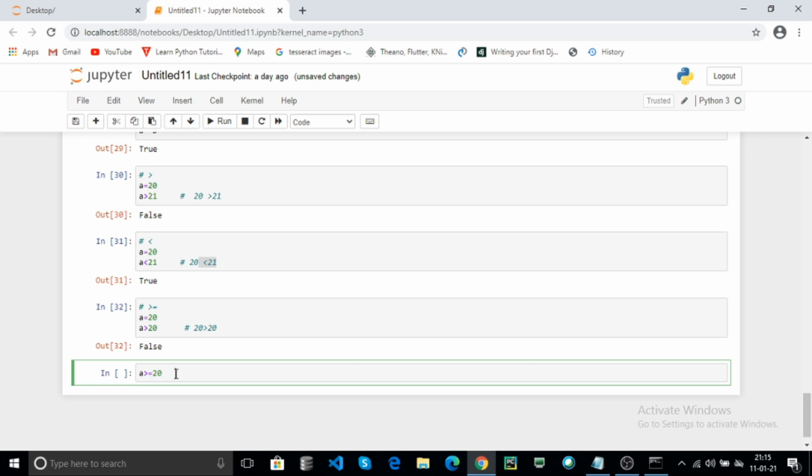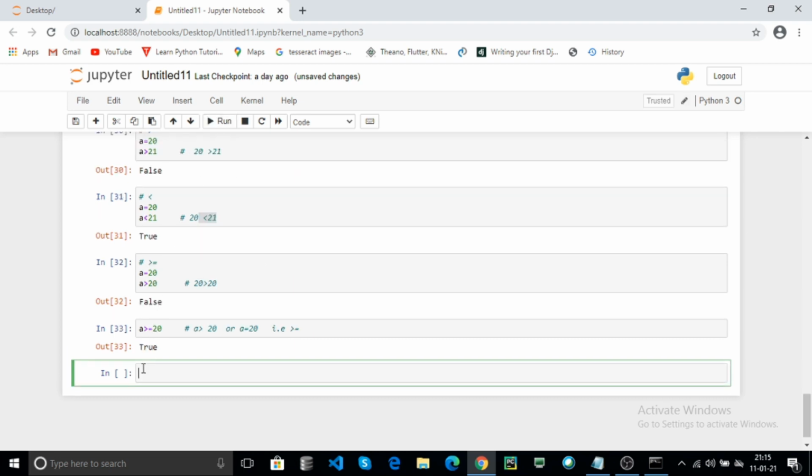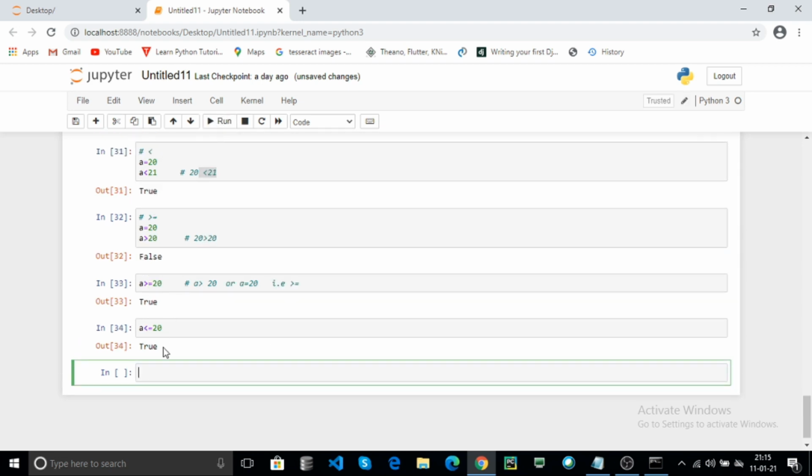If any condition is true, it returns true. Here A greater than 20 or A equal to 20, that is the greater than or equal to, it returns true. Here you can also use A less than or equal to 20, it returns true. And not equal to.